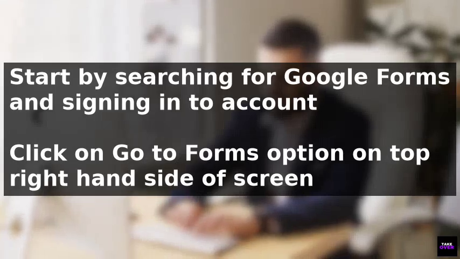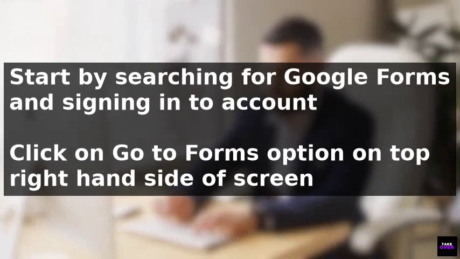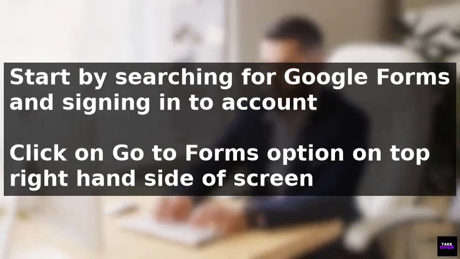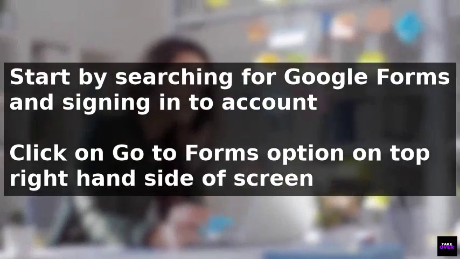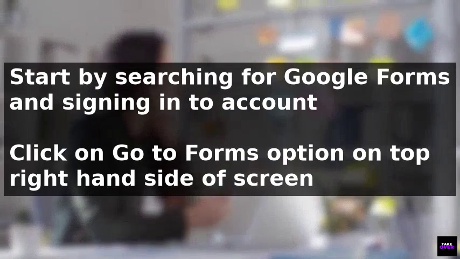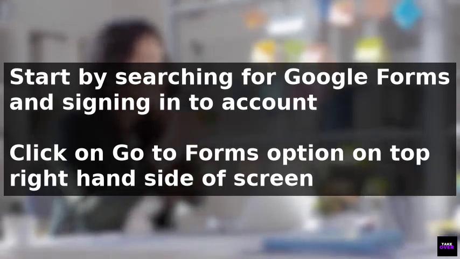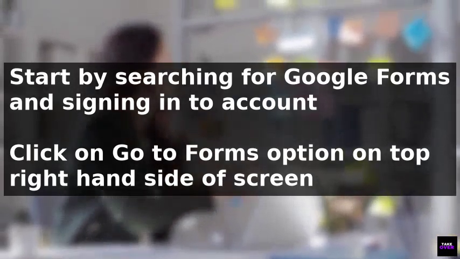To create a sign-up sheet on Google Forms, start by searching for Google Forms in your browser and signing in to your account. If you're already signed in, click on the Go to Forms option on the top right-hand side of the screen. From the home page, select a blank form and give it a title, such as Sign Up